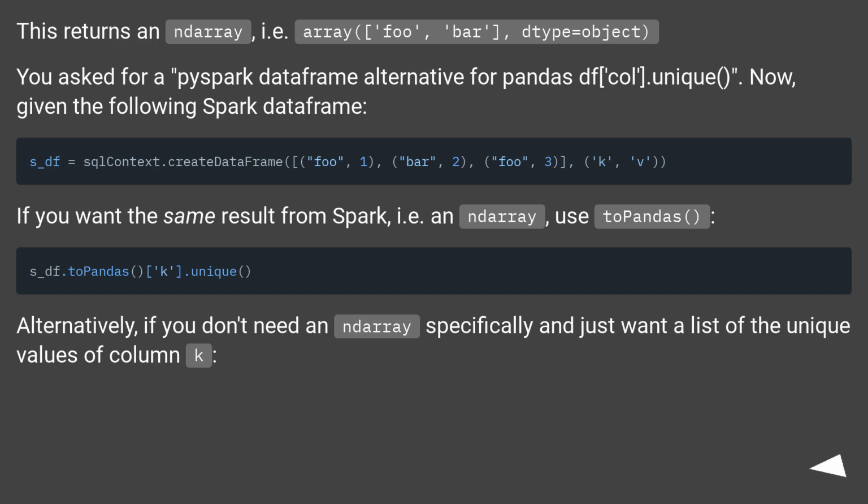You asked for a PySpark dataframe alternative for pandas df.call.unique. Now, given the following Spark dataframe, if you want the same result from Spark, i.e. an array, use toPandas. Alternatively, if you don't need an array specifically and just want a list of the unique values of column K,